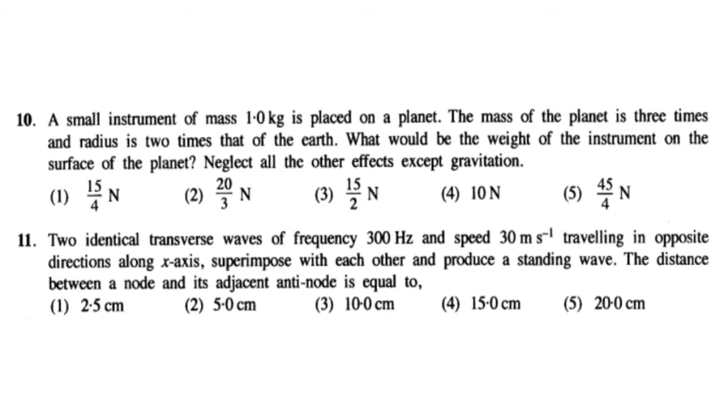For 1 lambda, that is, for one wavelength, we'll look for the pattern of the wave. In 1 lambda, it has 2 loops. So, we can find lambda by using v equals f lambda. v is 30, f is 300. Then lambda is 10 centimeter. In 10 centimeter, it has 2 loops. The length of one loop is 5 centimeter.